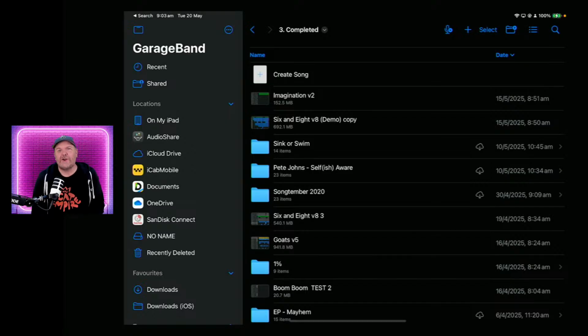I've got an old iPad that's stuck on iOS 9 that has these, and I've got some old projects on there, and I've got no idea how to get them off, because I'll have to find a computer that has an old enough version of iTunes that has iTunes file share. iTunes doesn't even exist anymore, by the way. I think it does, I think there are legacy versions of it you can use, but now it's all just like the Music app, especially on Mac. And I'm not sure exactly what's happened on PC, because I stopped using PCs regularly in 2021.